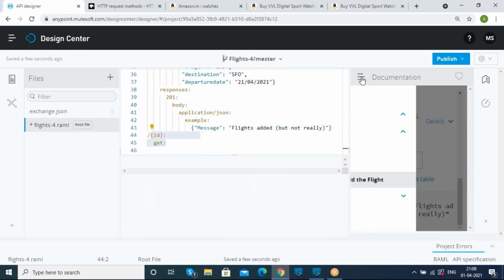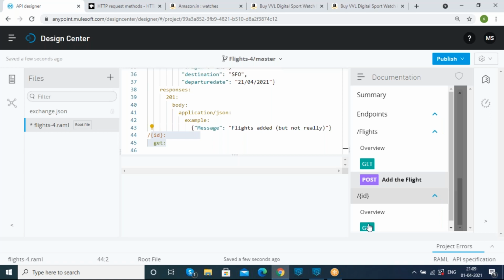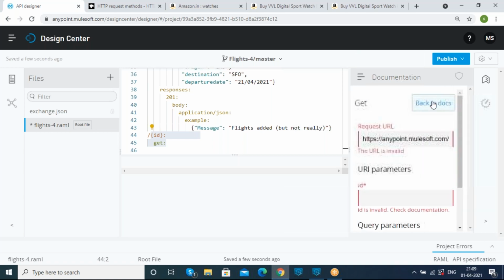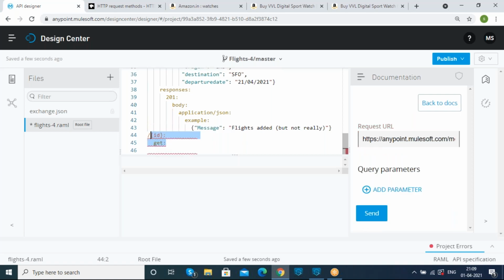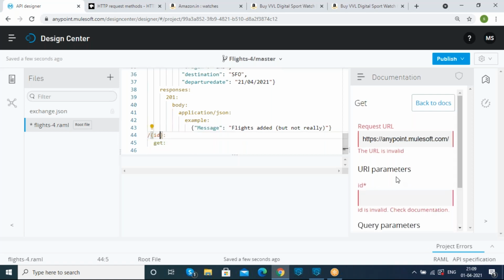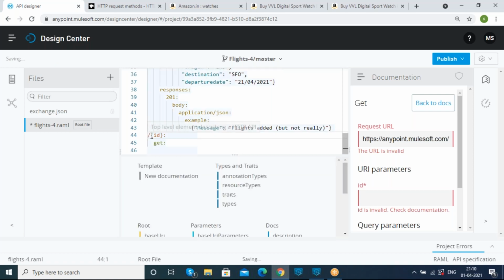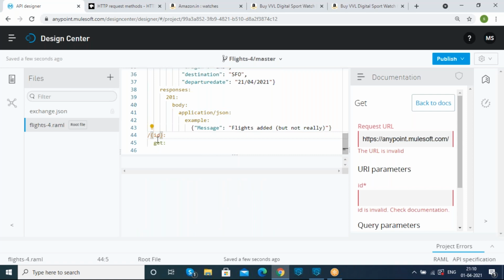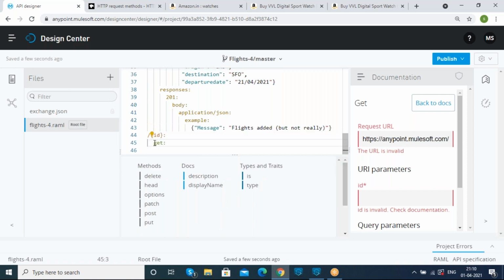Any user can come into our ID resource name in our flights application and go for the get method. By using the slash symbol, it is able to pick the URI parameters. And we are able to call this ID value dynamically by using these curly braces. So in the total combined resource name, from the resource name itself, we are calling URI parameters and the ID value. And by using the get method, we are able to get the total data as our response.